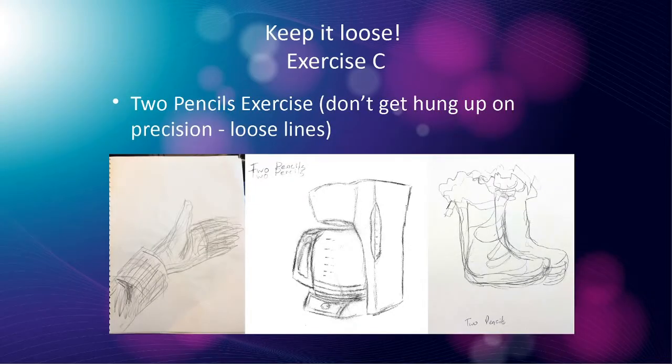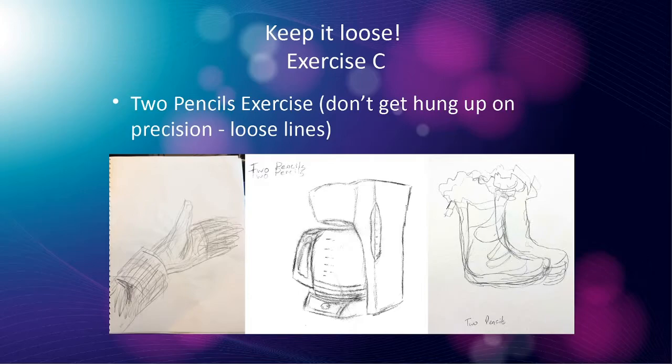This is the one where you need 2 pencils or 2 pens. A lot of times when people are drawing, they're drawing these lines and they're trying to keep everything perfect. And we've been trying to not be perfect. And this is another example of doing an exercise and trying not to be perfect. So you take 2 pencils and you hold them together and you draw 2 lines at the same time and try to draw your figurine or your plant or whatever, your cat or whatever it is you have at home. And you'll end up with an image like this.